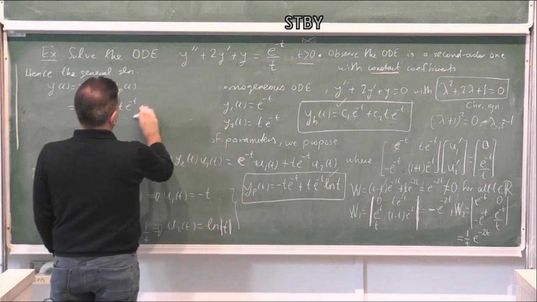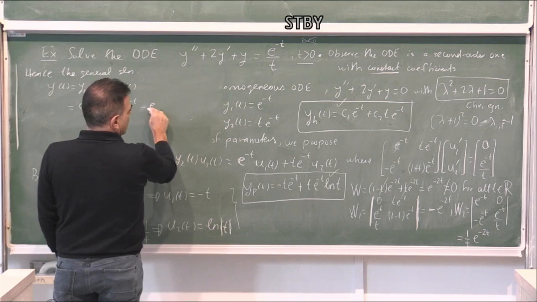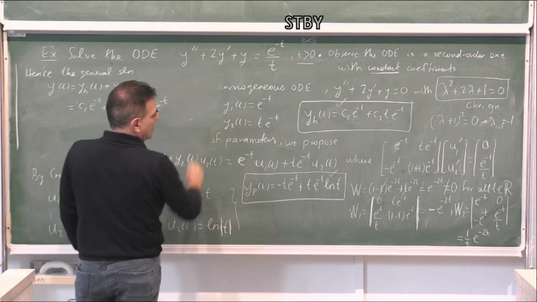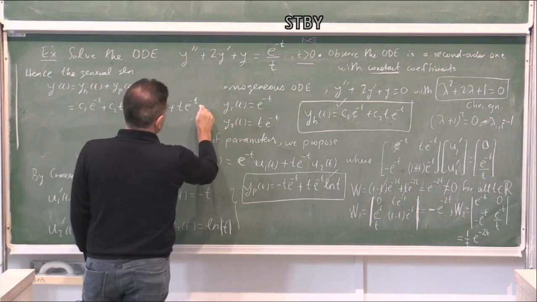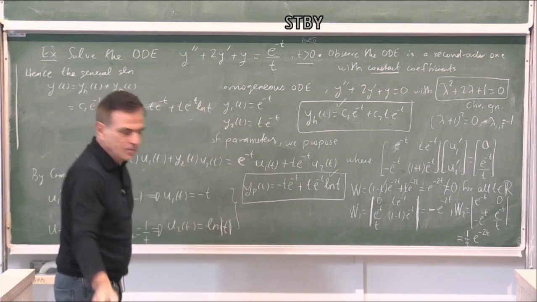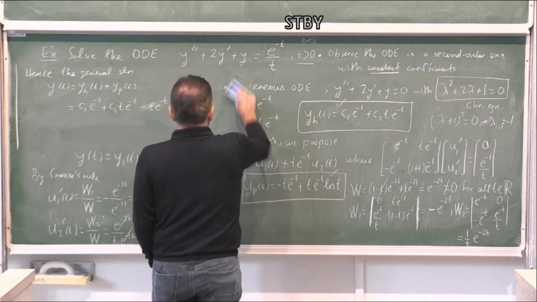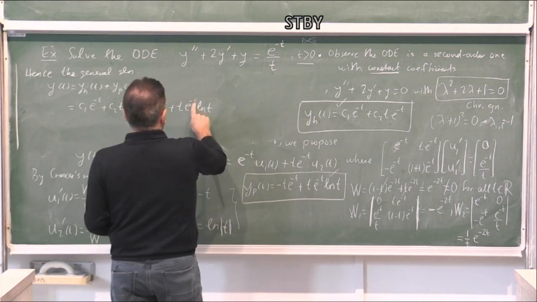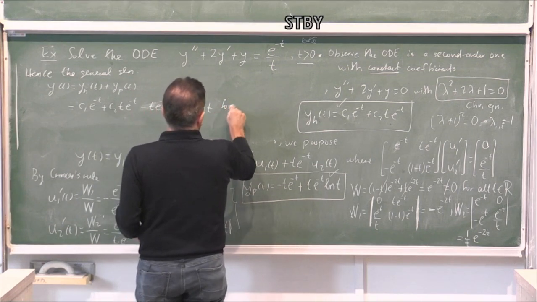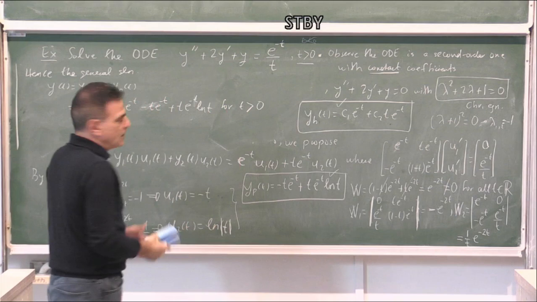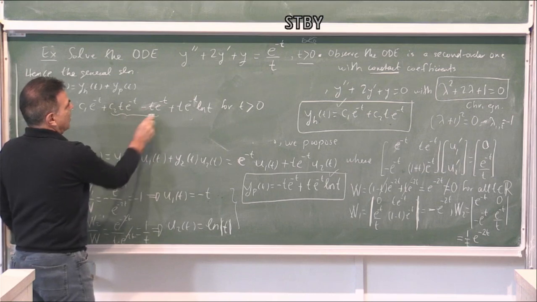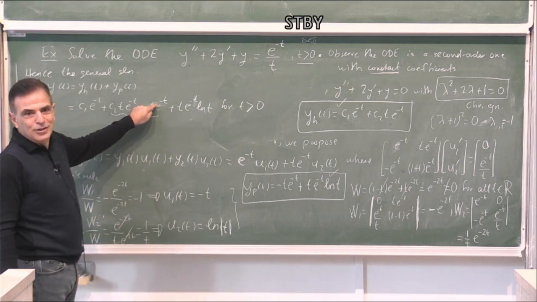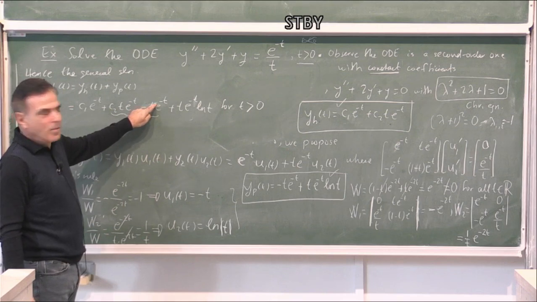this non-homogeneous solution obtained by minus t e to power minus t plus t e to power minus t ln t, for t positive. Okay? Now, in fact, you may say that this term in the particular solution may be incorporated with this term